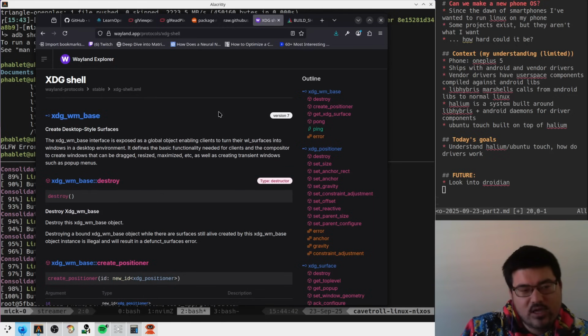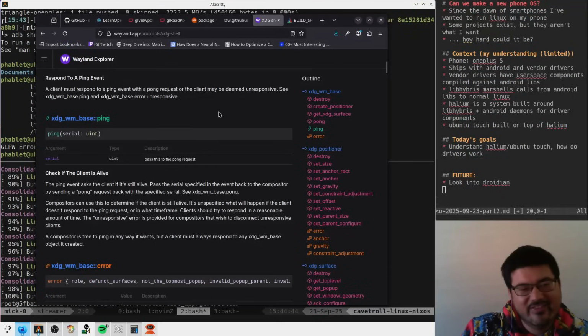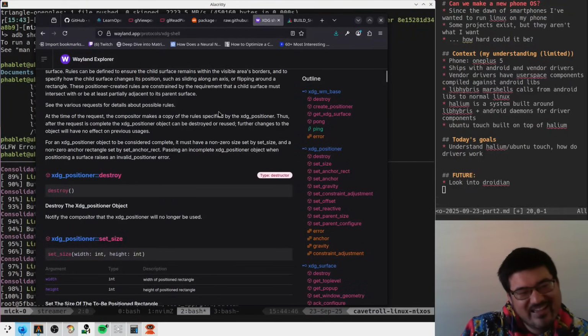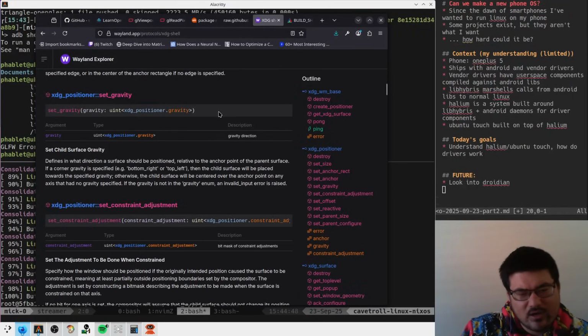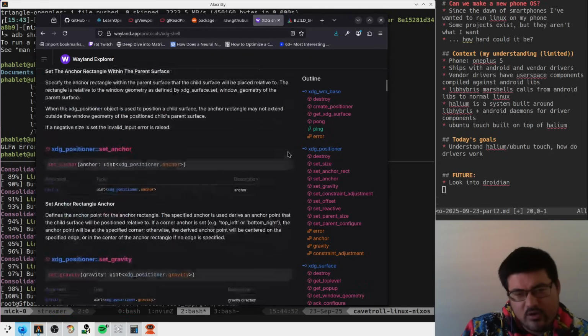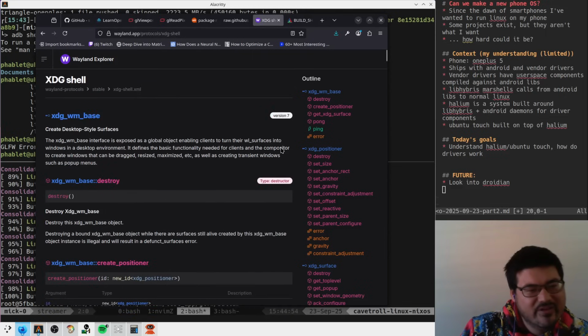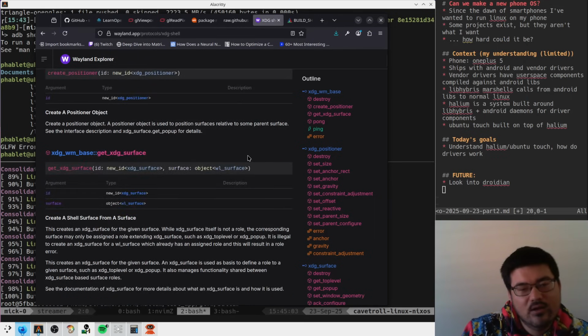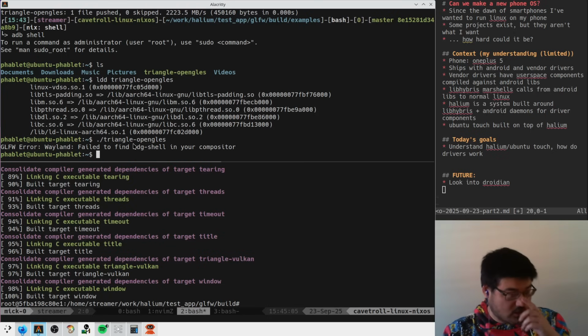Yeah, this is how we make things that we can like draw into, no? Oh, into windows. It defines base. So maybe... No, I'm pretty sure that like